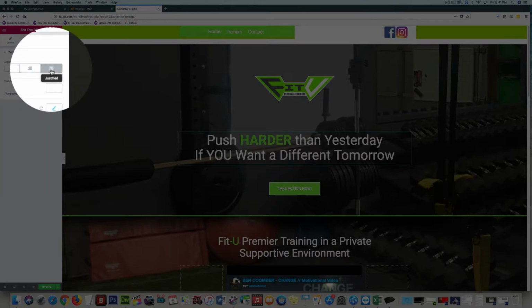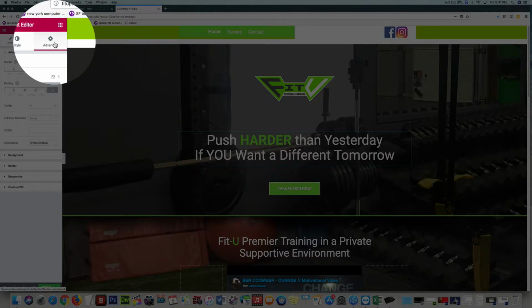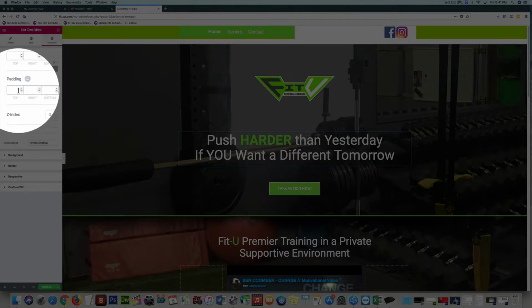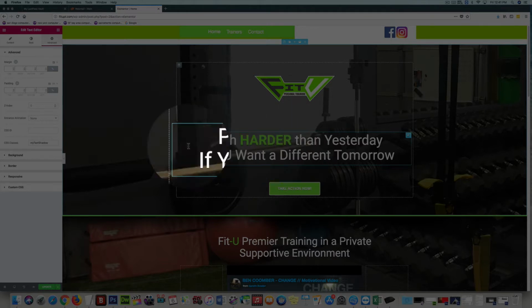You can justify it, make it to one side, all those things. I mean, it doesn't work at this point because I set up a straight size. And again, the advanced is mainly for the margin, the padding, and background images. If you want this little square here to have a background